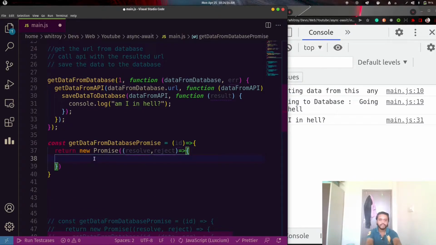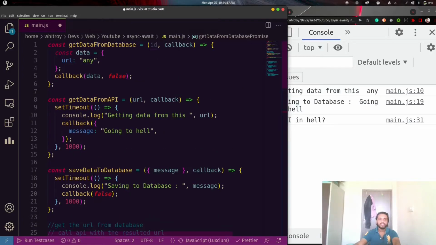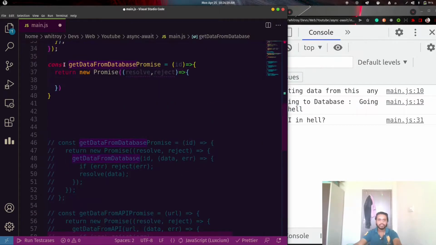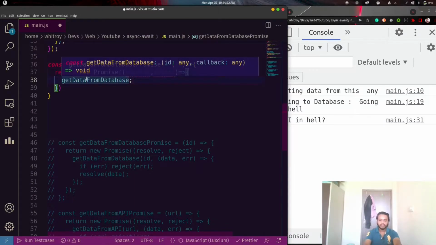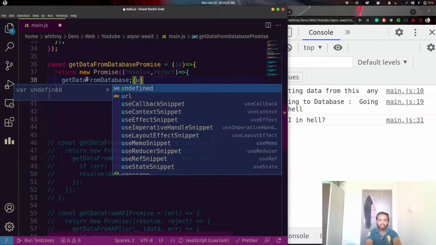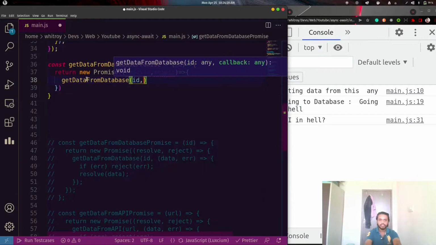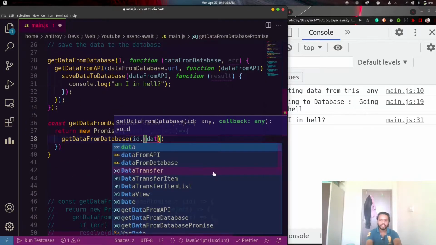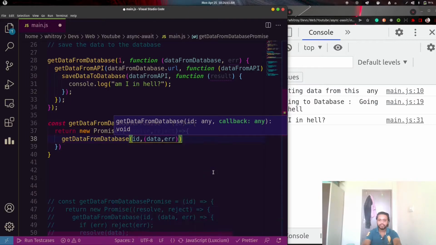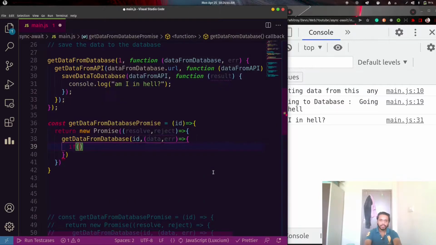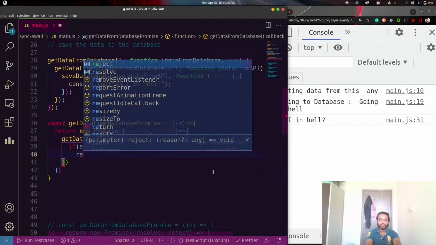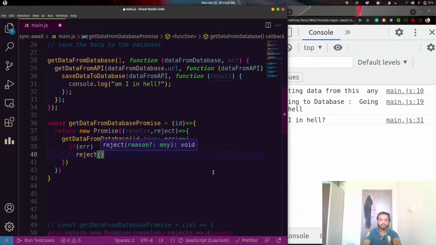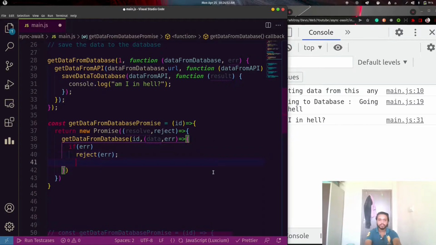So let's call this function here, with the ID and the callback, which takes the data and the error value. If there is an error, we are going to reject this promise with the error message.